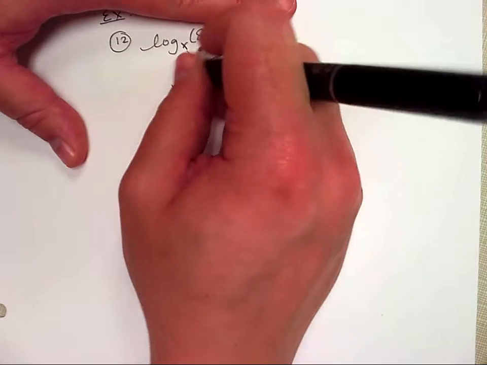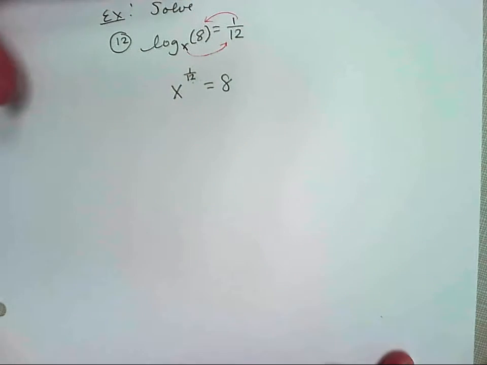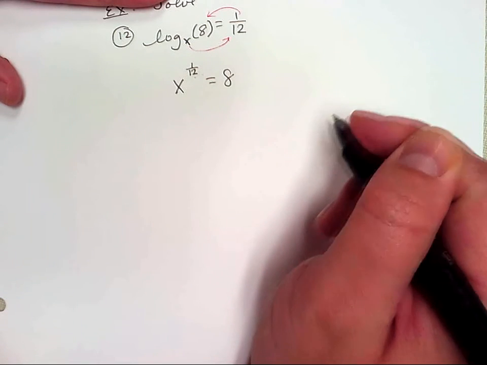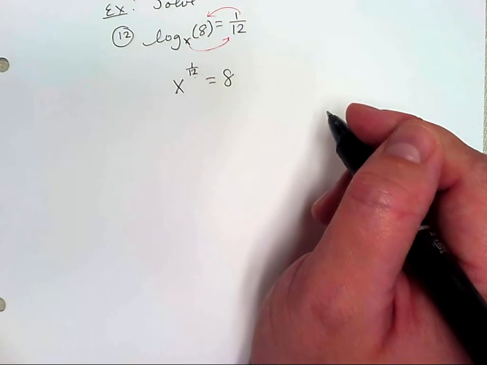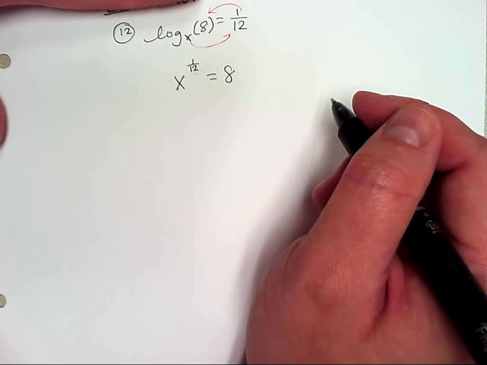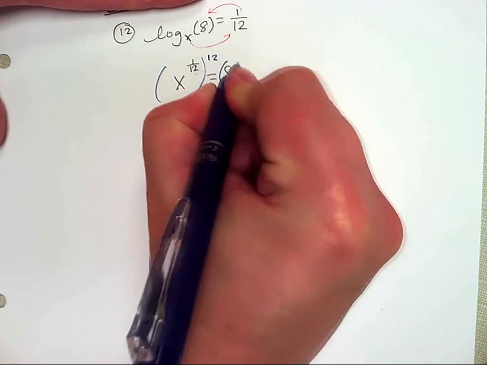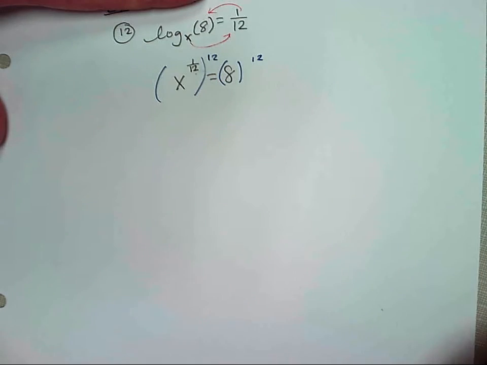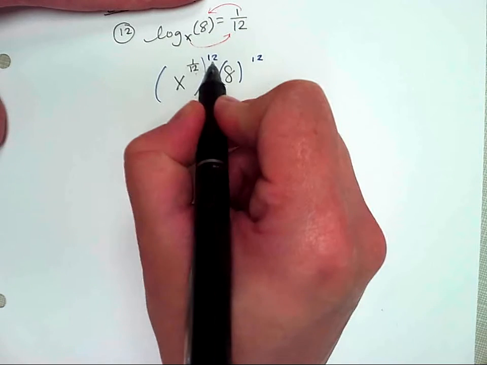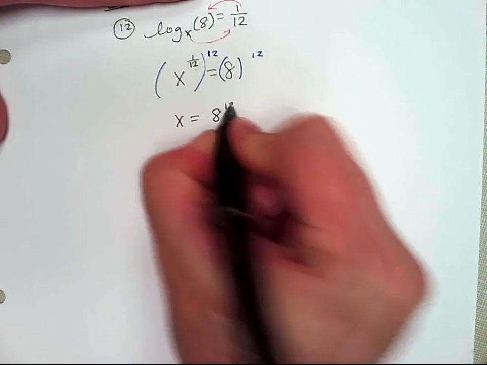So that's the definition. This is x to the 1 over 12 equals 8. And then that's the same thing as the 12th root of x equaling. Yes. And then I wrote x equals... Okay, so we need to raise both sides to the 12th power. Right? Is that what you're doing? Yes, ma'am. Okay. Because 1 over 12 times 12, I multiply those exponents, and that equals 1. So x equals 8 to the 12,